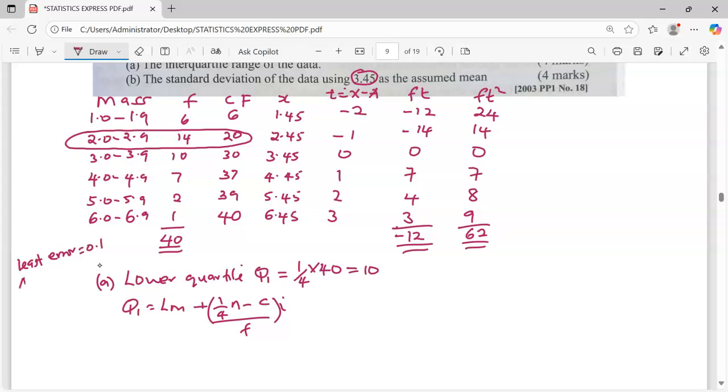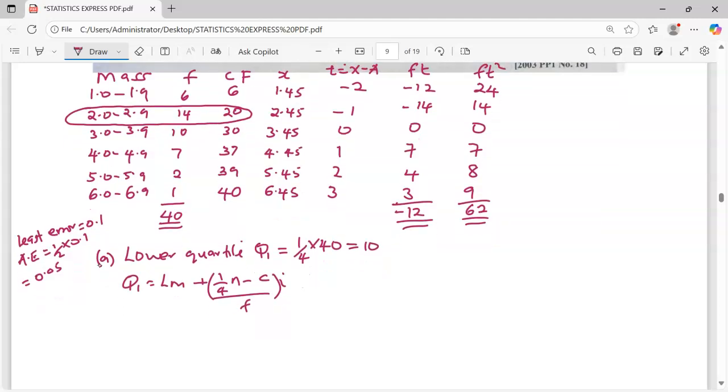The error that affects a measurement is the absolute error, which is half of the least error, which is 0.1, and this one is going to give us 0.05. So for us to get the lower limit in the lower quartile, we take 2 minus 0.05, giving us the lower limit of 1.95